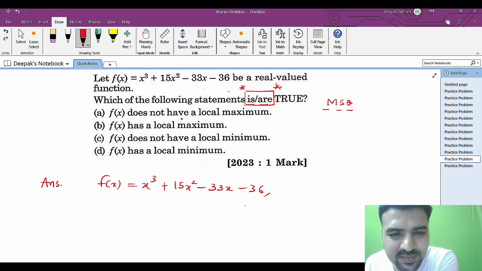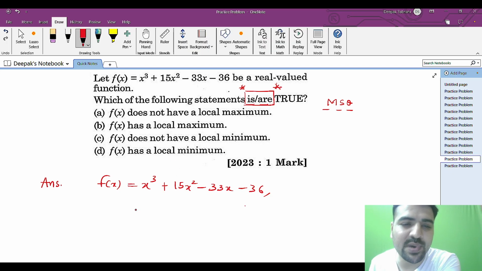Now they are asking about local maxima and local minima. You can see from the options they're talking about local maxima and local minima. If you have to find local maxima and local minima, first you differentiate it. Okay, it's a polynomial of order 3. So let's differentiate it. F dash x